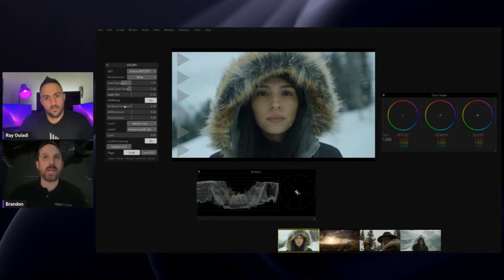Then you've got these three here, which are really, really important when it comes to where you're going to go if you're going to go into the HDR kind of dailies pipeline. This is SDR, right? So that's the main focus. But these tools for ambient, surround, and for colorfulness and